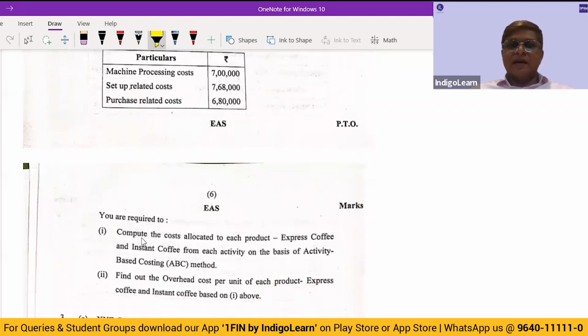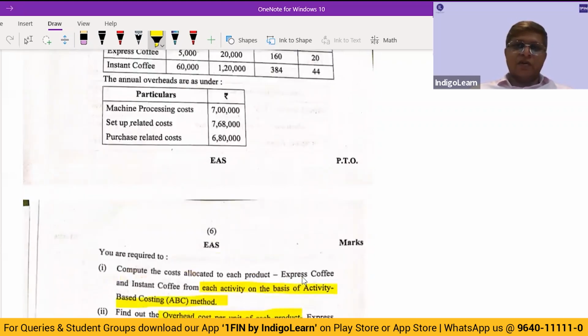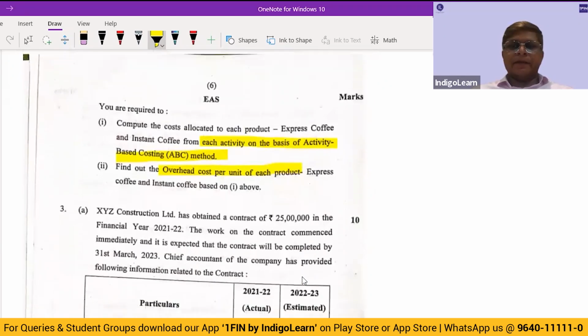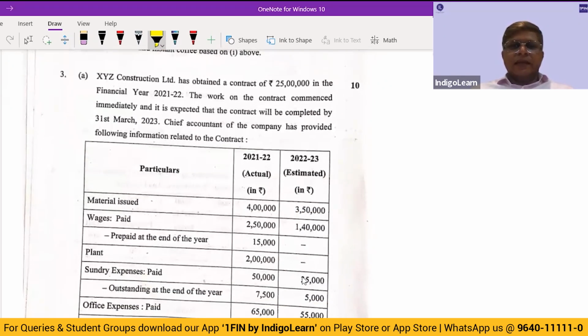So what is the requirement? Compute the cost allocated from each activity on the basis of activity-based costing system. They also want us to find out the overhead cost per unit of each product. So this is a very simple, easy 4-mark question. No complications involved at all. Next,